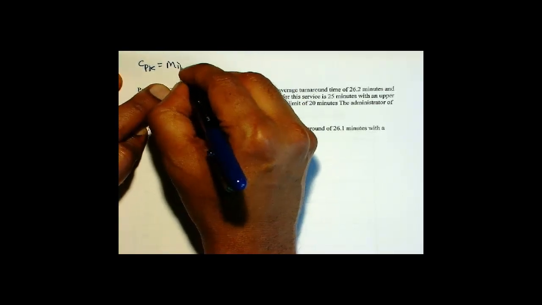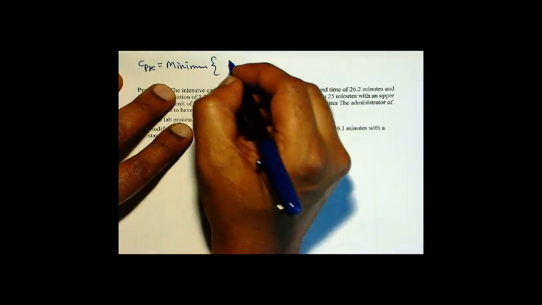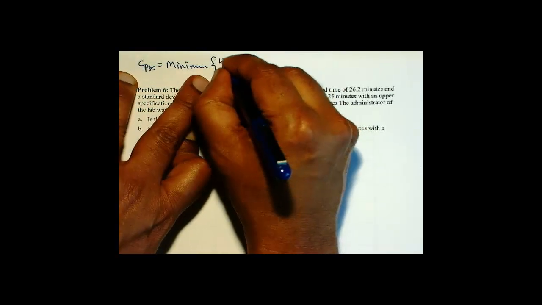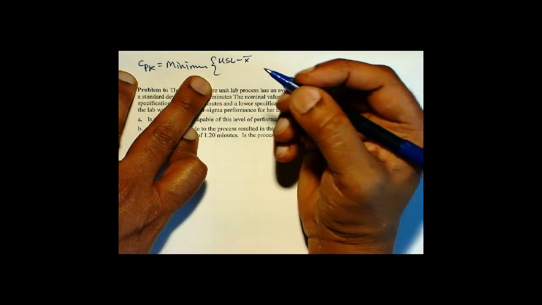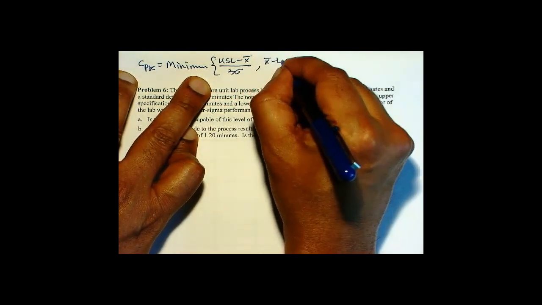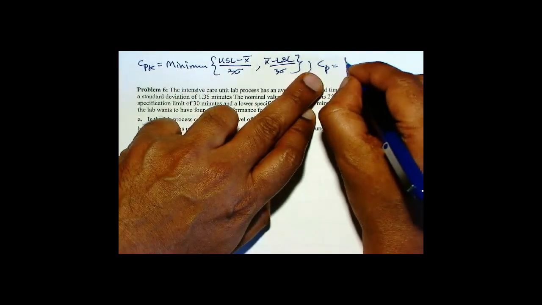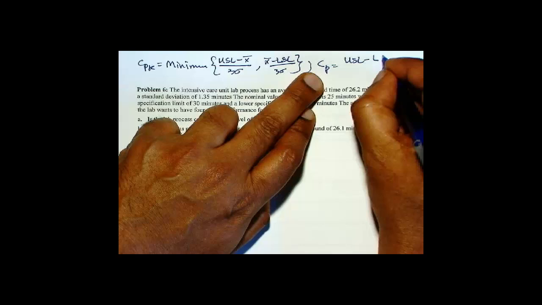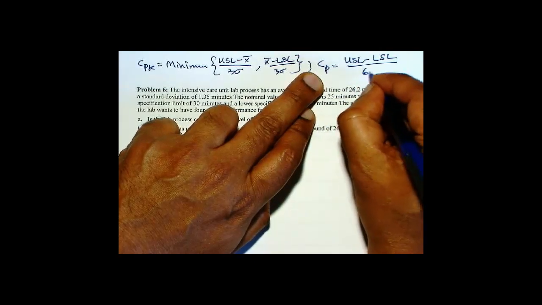Now let's work a problem out. Remember, C sub pk is the first thing to calculate, so that is the minimum between upper specification limit minus x bar over 3 sigma, and x bar minus lower specification limit divided by 3 sigma, 3 standard deviations. And C sub p is upper specification limit minus lower specification limit divided by 6 times